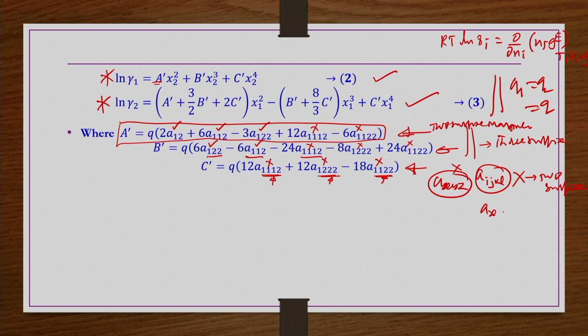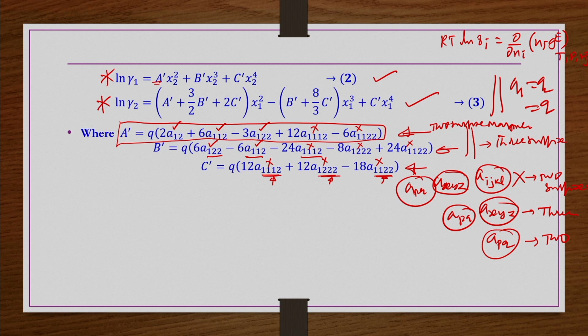If you have x, y, z and then p, q kind of terms, I am just indicating the suffix differently to understand, then it is known as the 3 suffix Margules equation. If you have only the suffix p, q kind of term, then it is a 2 suffix Margules equation. If you have all of these, p, q kind of interactions, x, y, z kind of interactions, and i, j, k, l kind of interactions, then that is known as the 4 suffix equation.